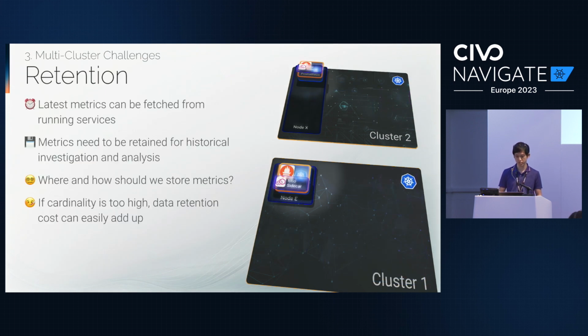The latest metrics can be fetched from the running process of Prometheus, but you obviously want to go back in time to compare. If you were to do that, metrics need to be retained in some historical setup, but the retention, again, will be a question of whether we want to have it in cluster 1 or cluster 2 or somewhere else. Do we want to retain everything together, or do we want to have them separately? It doesn't mean that there is one solution, but there are a few ways to go about it, and you have to pick what's right for your business use cases.